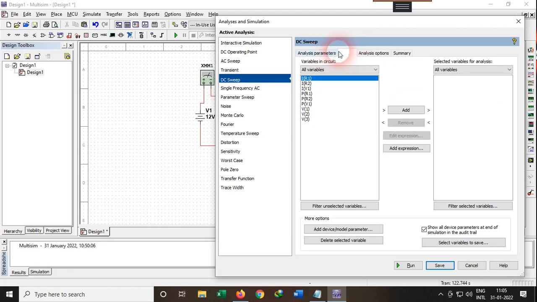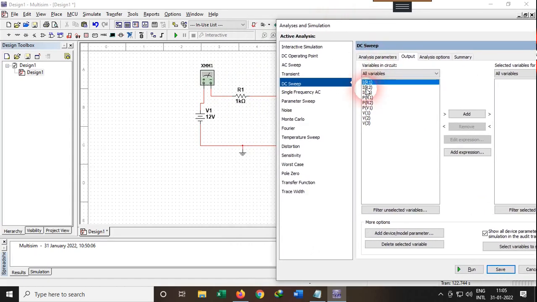What are the variables which are needed to get the output? Here the variables in the circuit which we currently have are given: IR1, IR2, IV1, PR1. IR1 is the current through R1, IR2 is the current through R2, and similarly PR1 is the power through R1.